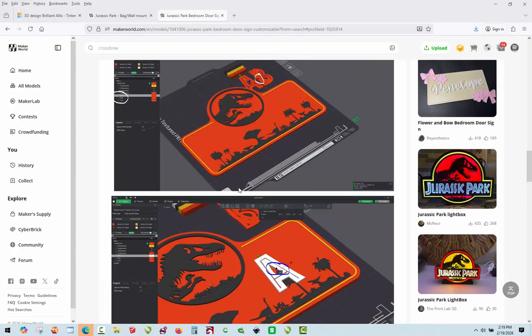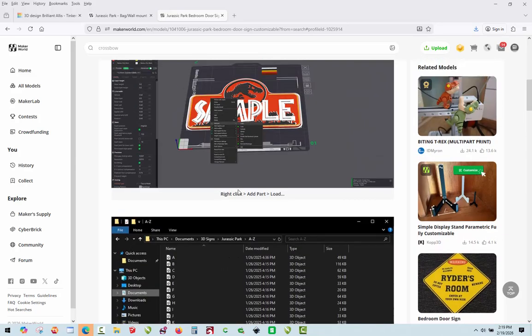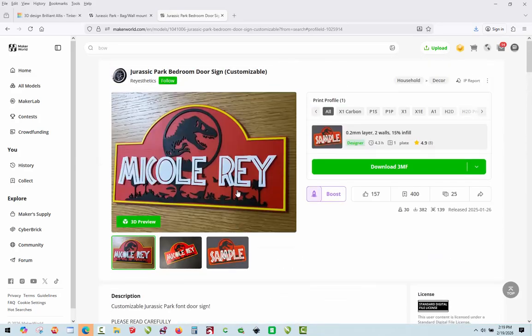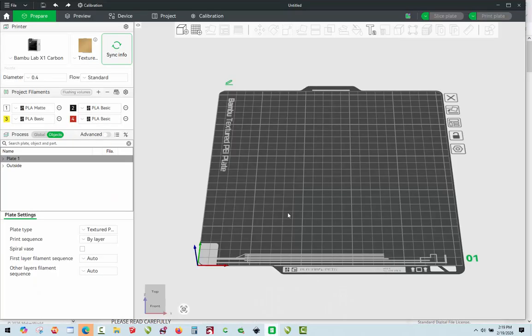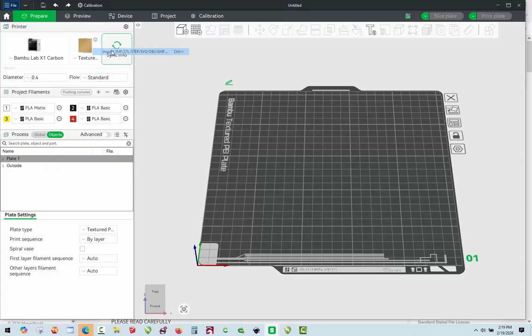You definitely don't want to do all this. This is way overcomplicating it, and it's definitely way easier to do it the way I'm about to show you. So let's go into Bambu Studio and let's download the file in question. Let's start there. So we are going to download this file,